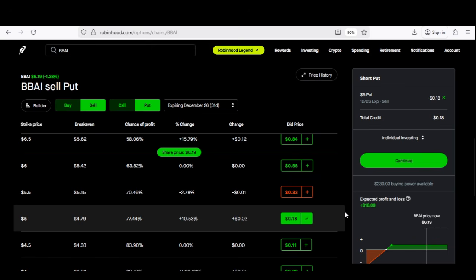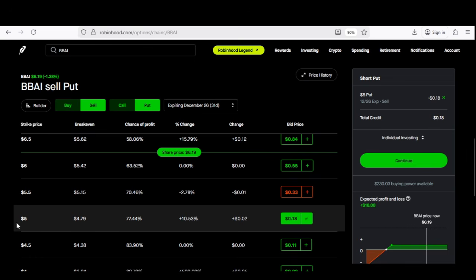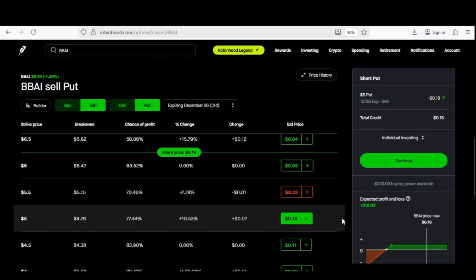One of the most important criteria for this option strategy is that you will be required to leave a collateral. Hence, the name for this option strategy is the cash secured put. The collateral you need to leave in this case is whatever your strike price is. In this particular instance, it's $5. Once again, we are dealing with options, so you multiply your $5 by 100 shares, and your collateral for this is $500.